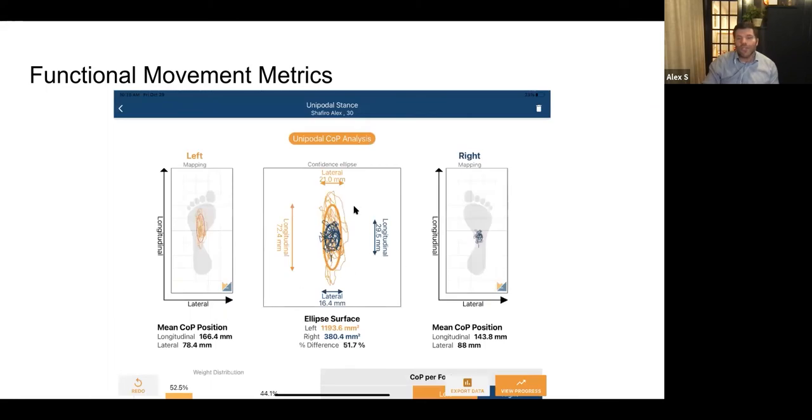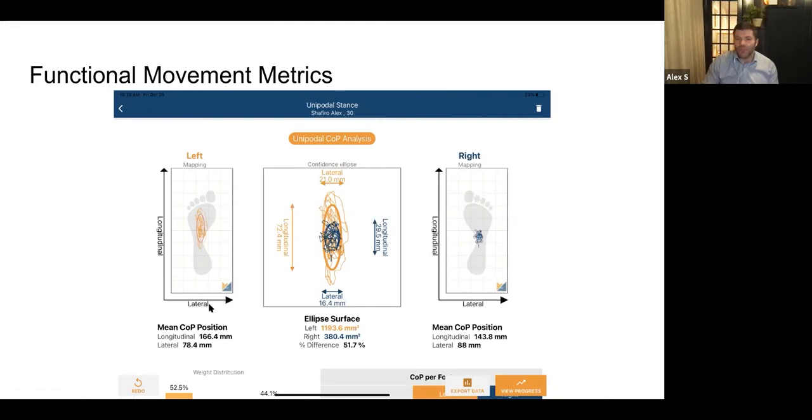There we go. So this is what, from the stance evaluation, this is the readout that you would see. And what you're looking at here is the stance symmetry on the right side versus the left side. And you don't necessarily need this readout to tell you as a trained clinician that the left was more unsteady. But having that in whatever metric you want to use,